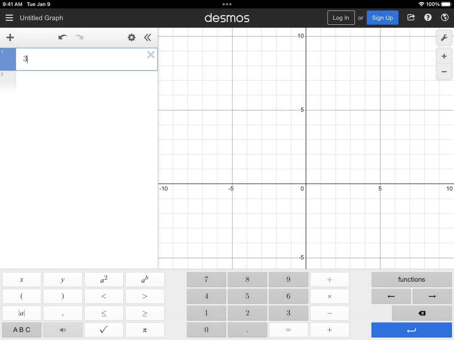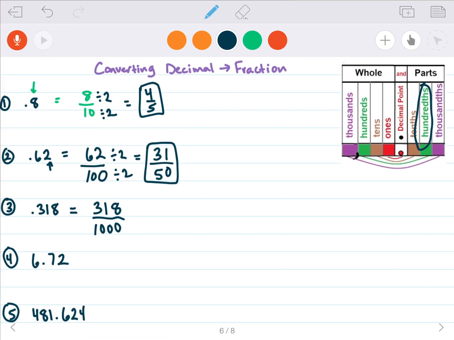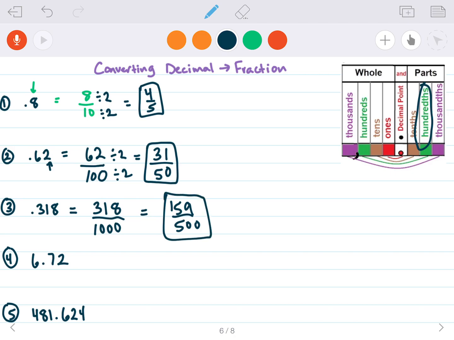So I'm going to do 318, the division sign, and then 1,000. And then I'm going to press the little fraction in blue to the left of the number that I just typed out. And I get my simplified fraction 159 out of 500. Just being lazy at this point. All right, what about